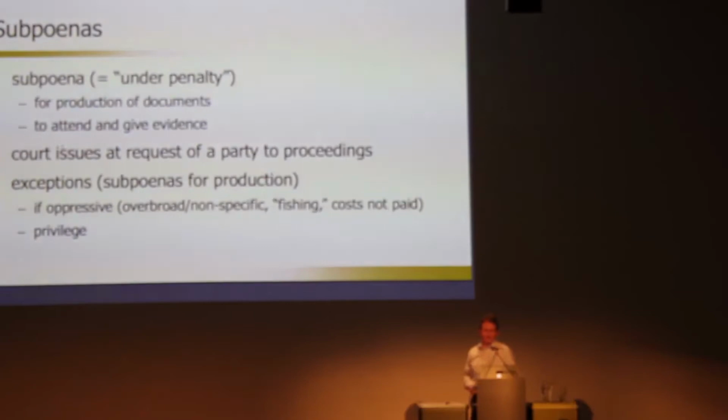There are some exceptions. The request has to be narrow enough that the party can respond to it. You can't just say to Google, give me all the documents that you own, or that might have been sent at a particular time. You have to be quite specific about it, and you have to pay the costs. And there's that privilege exception again. You can't get hold of communications between a party and their lawyers, even going through that third-party route.